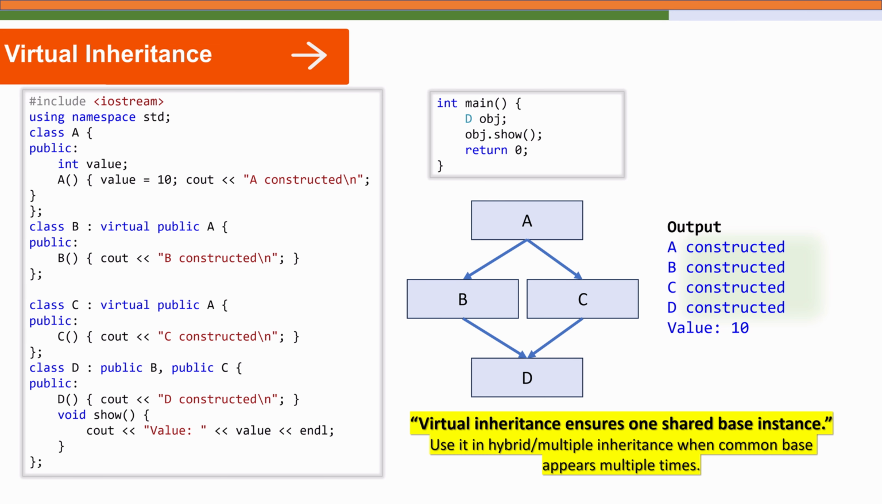Because virtual base classes are constructed by the most derived class. Even though B and C inherit A, they do not control its construction anymore. So D is